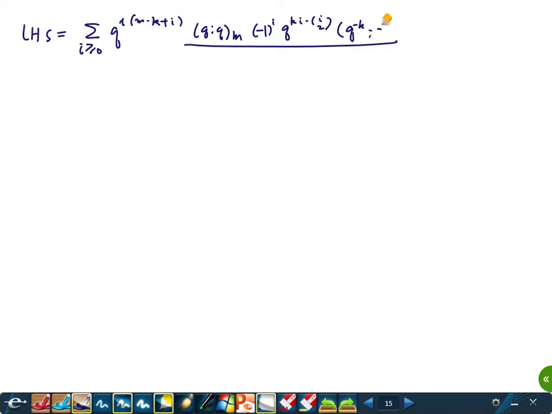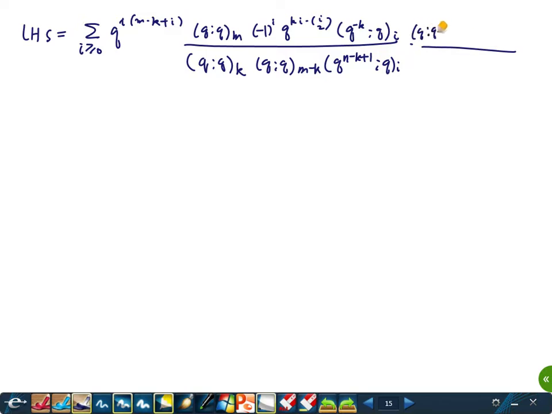Yeah, it should be in the numerator. And we have this. I also missed this part, right? And Q n minus K, Q n minus K plus 1, Q I, and Q n minus 1, I, Q n minus n I, and choose I choose 2, minus n Q I,